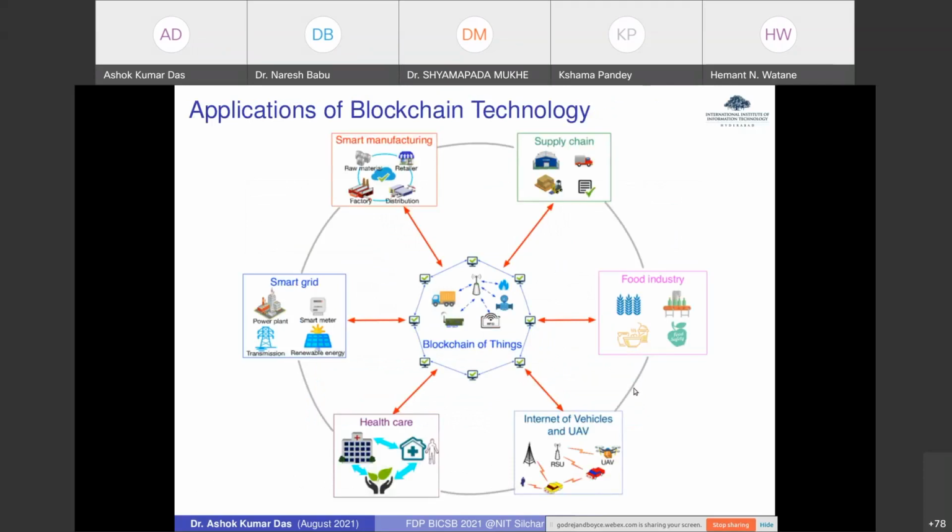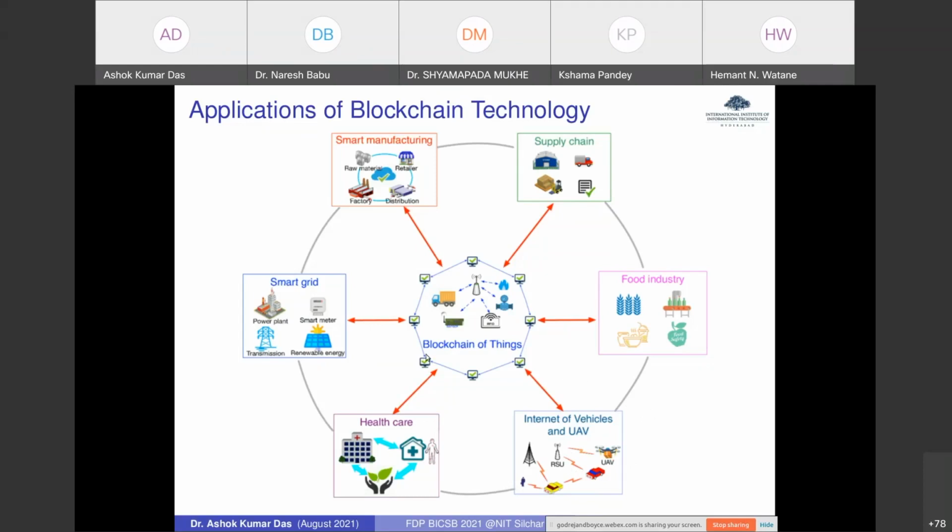Now, as I have told you, in India and specifically in other countries, Bitcoin and cryptocurrency are not popular due to several issues, including political issues, because of the involvement of a trusted third party and commissions also. So the researchers thought: can we apply blockchain in untraditional or other applications? The answer is yes. Recently, it has been shown that blockchain can be effectively used to secure other application